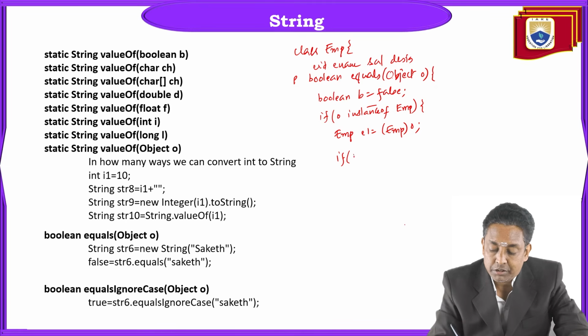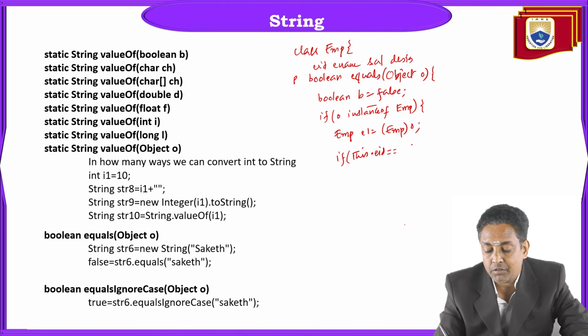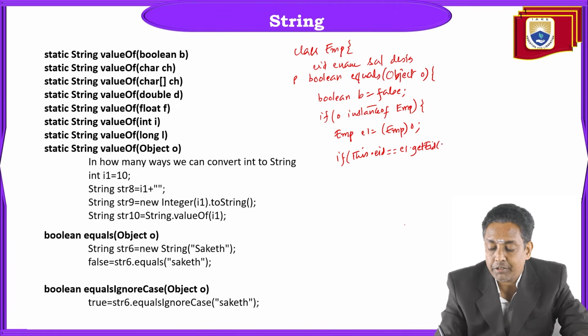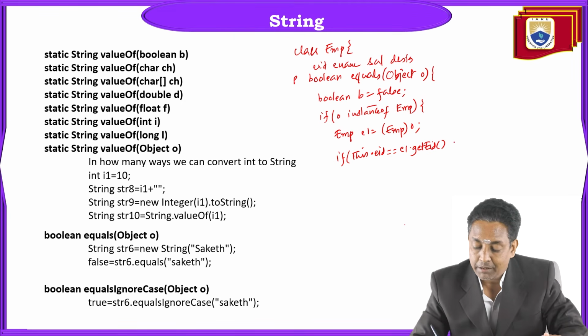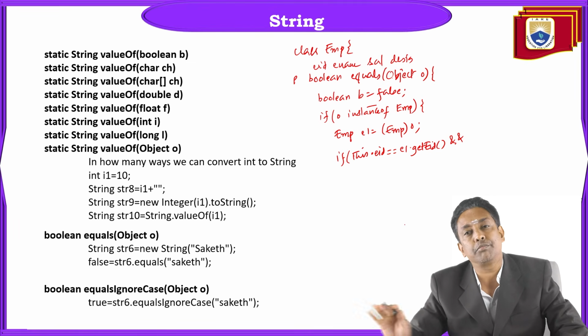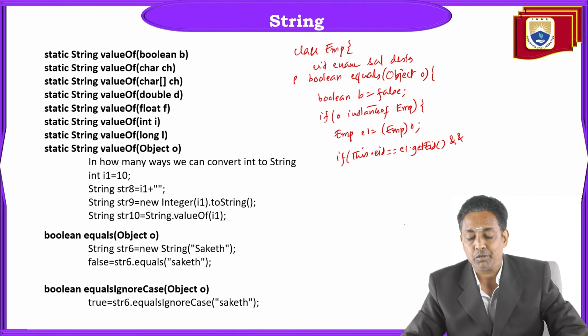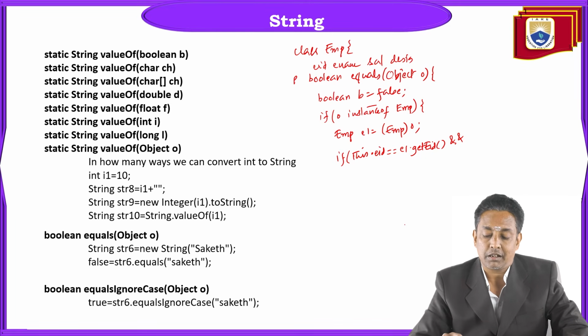Now here we should first write this.employeeID, that means our current object. If the current object's employee ID is equal to e.getEID, the employee ID of the object that came for the comparison, if both are the same, and then, not OR, all must be true. If our current object's employee ID and the compared object's employee ID both are the same, and then